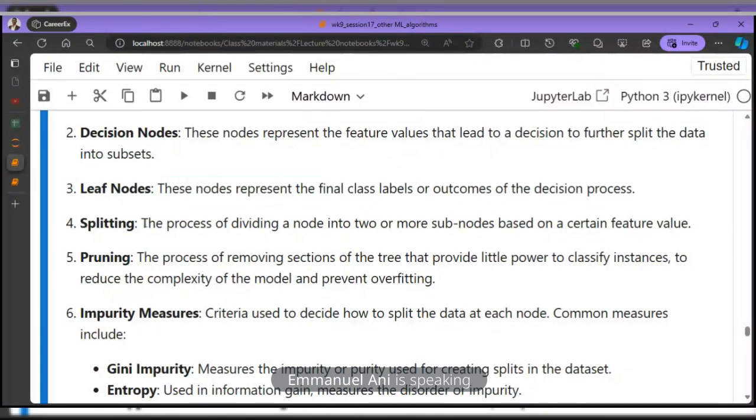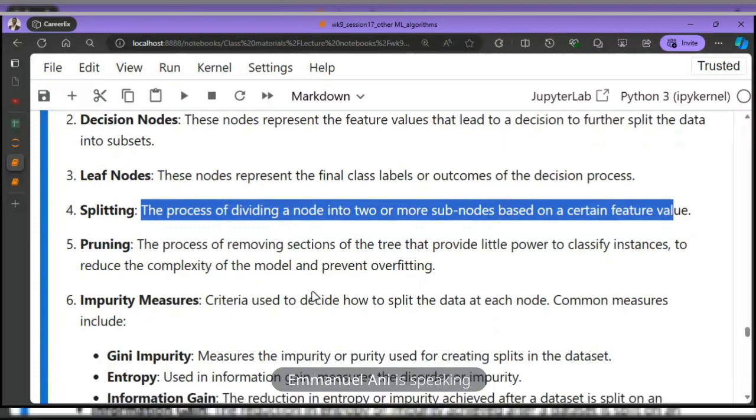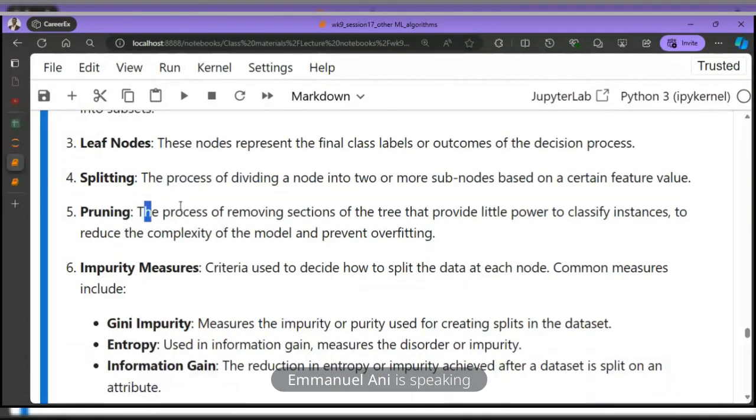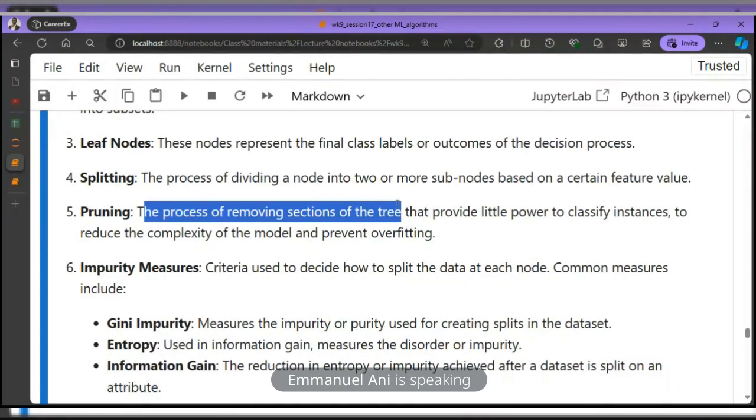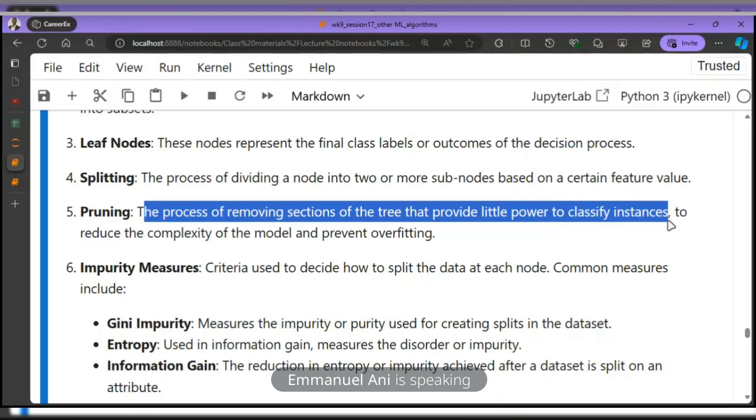We have splitting. Splitting is the process of dividing a node into two or more subnodes based on a certain feature value, right? If you have three categories in your feature, you split it into three branches, all right? So I use two for simplicity's sake. Then you have pruning. Pruning refers to removing the sections of the tree that provide little power to classify instances. So in the case where I talked about purity and entropy, those that have high entropy,